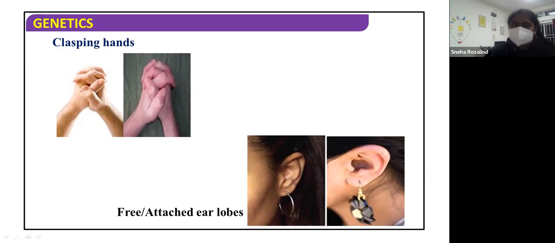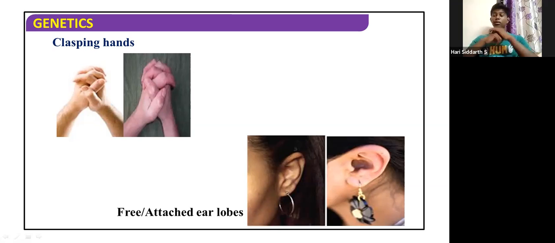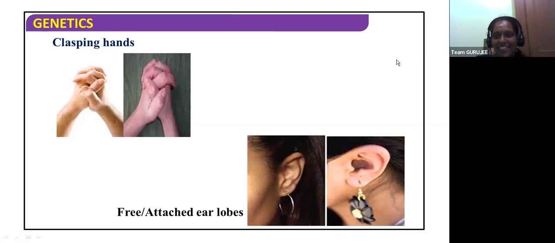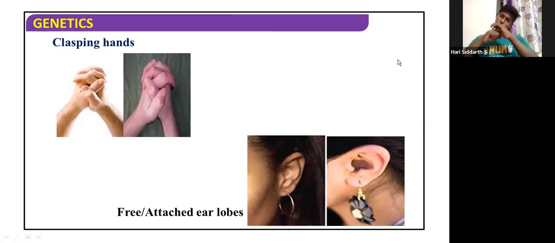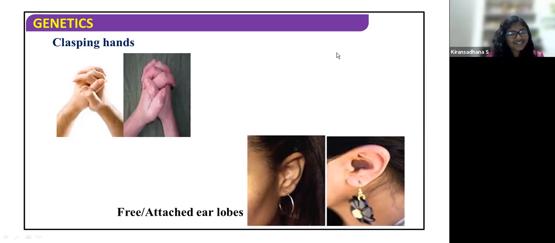Okay. What about Hari and what about Sudarshan? How's yours? Mine also free, ma'am. Okay, Sudarshan, yours? Sudarshan, can you hear me? He's unmuted again. Asmita's is free, Amrita's is free, I can see it from here. Kiran Sadhana has covered her ears with her hair. I couldn't see anything. Right. Only miss mine. Okay.